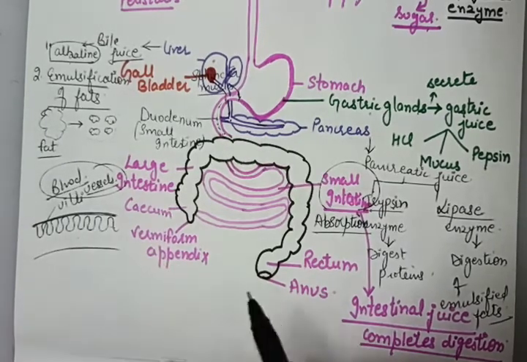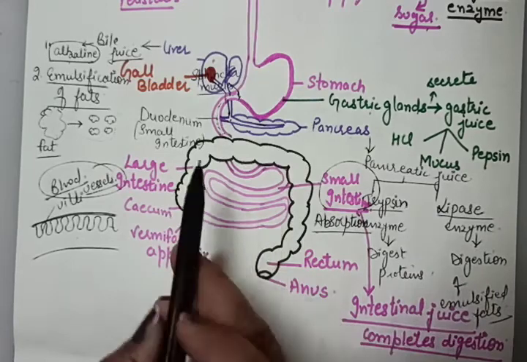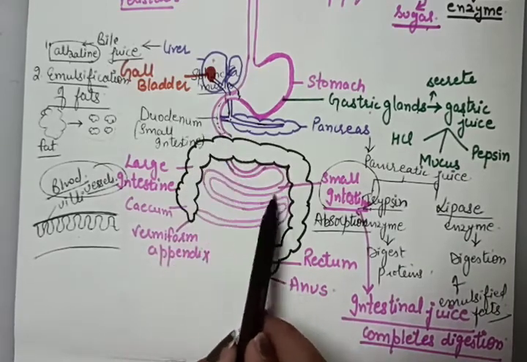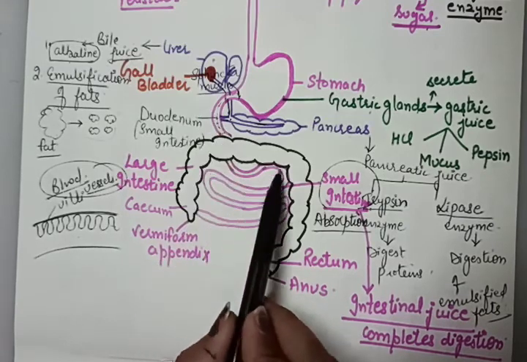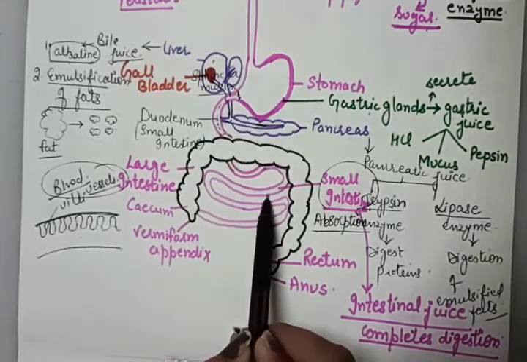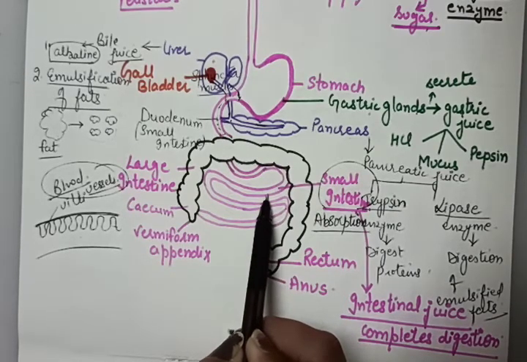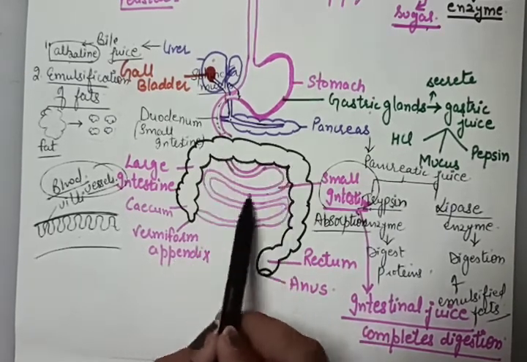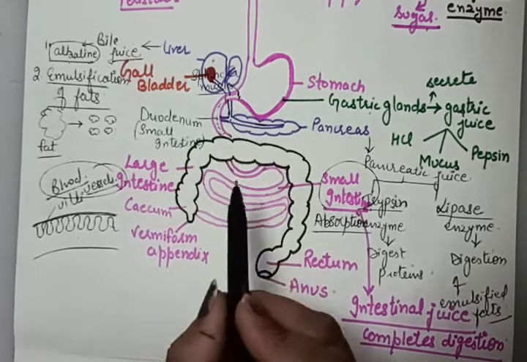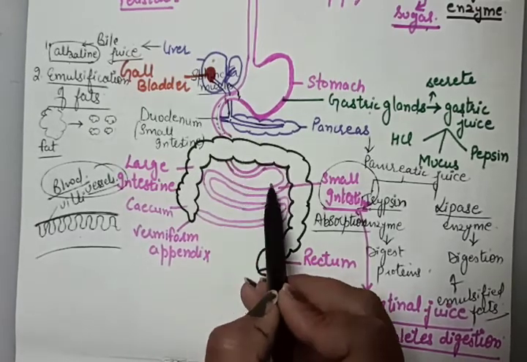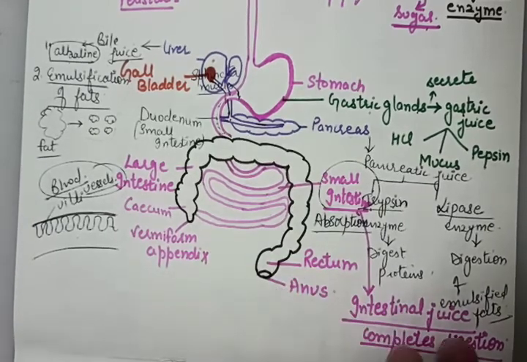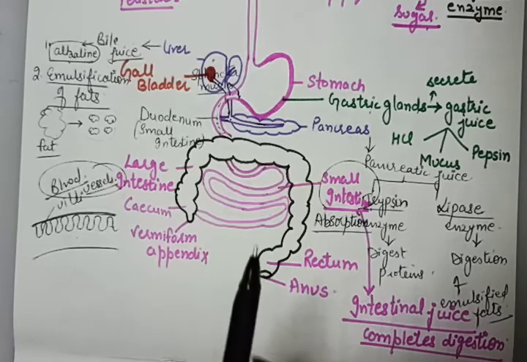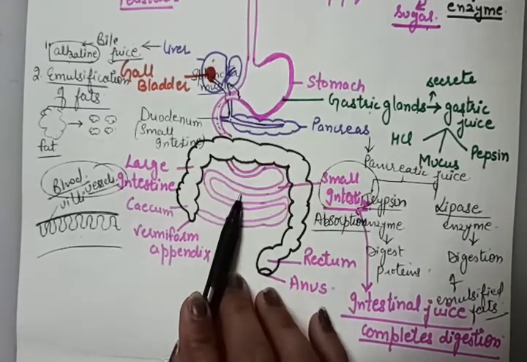One more point you can write is that the small intestine is very long, so that the food slowly passes through it and gets digested and absorbed. And the second point you can write is that it is highly coiled. Because the food takes time when it passes through it, it gets easily and slowly absorbed. Now here the absorption process completes.